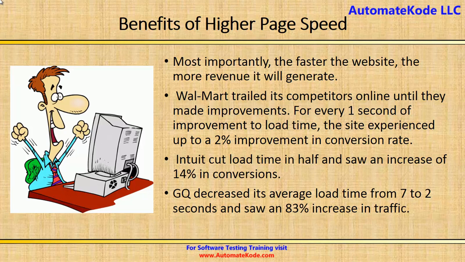When Walmart started their e-commerce, their systems were not that fast and they were trailing the other competitors. So they made it faster, and for every 1 second of improvement to load time, the site experienced up to 2% improvement in conversion rate. So when they were improving their website, they saw for 1 second improvement in load time, 2% improvement in the revenue,